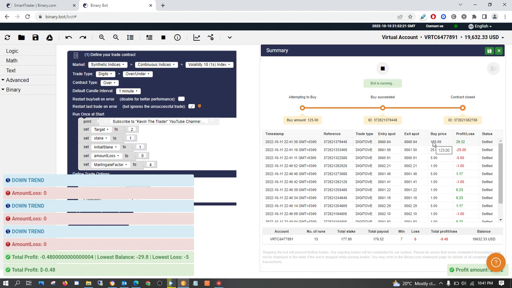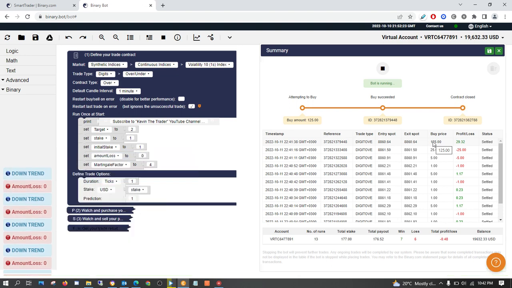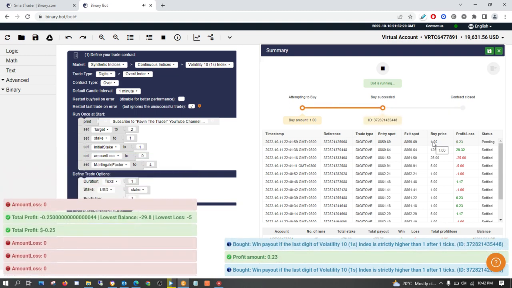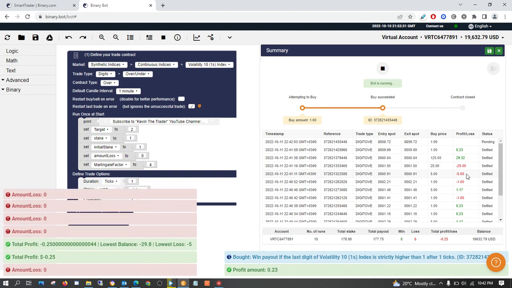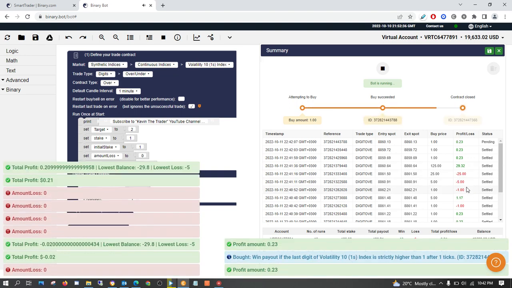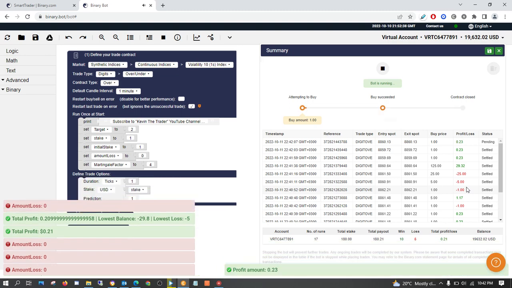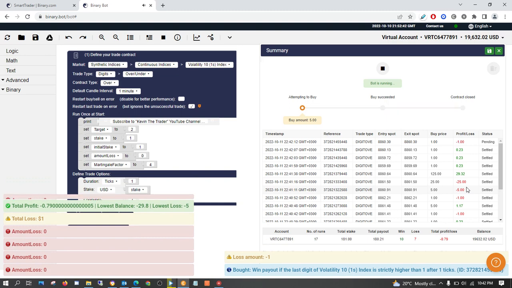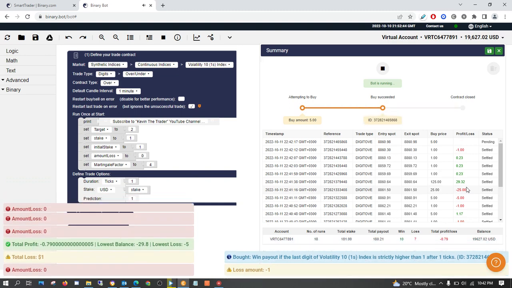Okay, as I told you, it doesn't go more than 3 losses in a row. According to how I've seen this bot, maybe it will when you're trading with it, but I haven't experienced any.